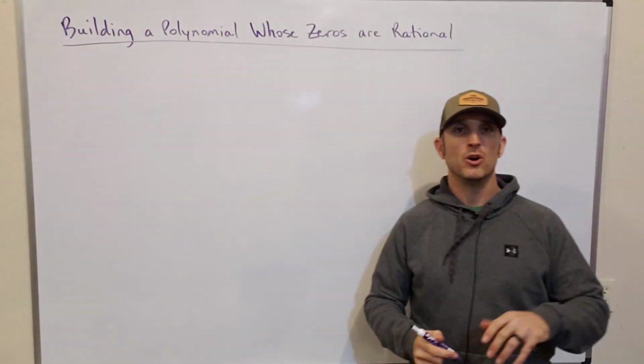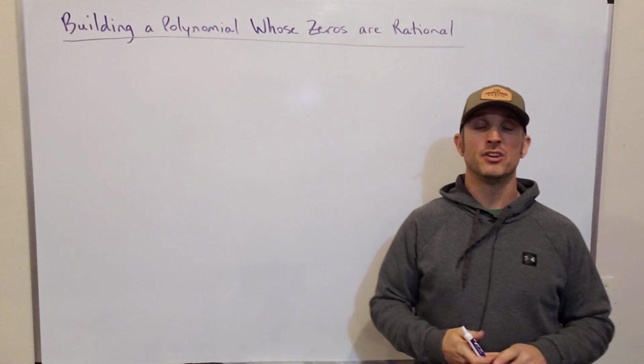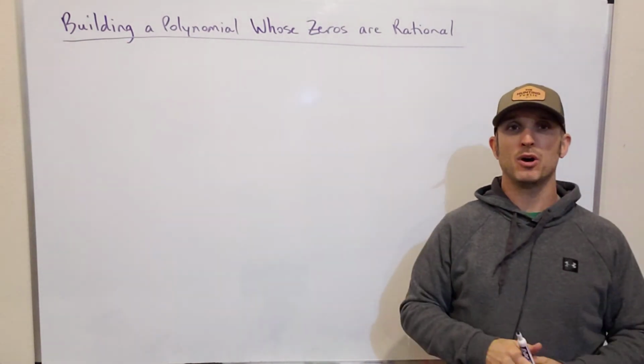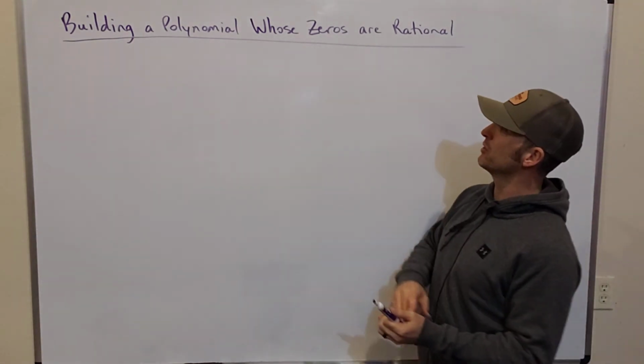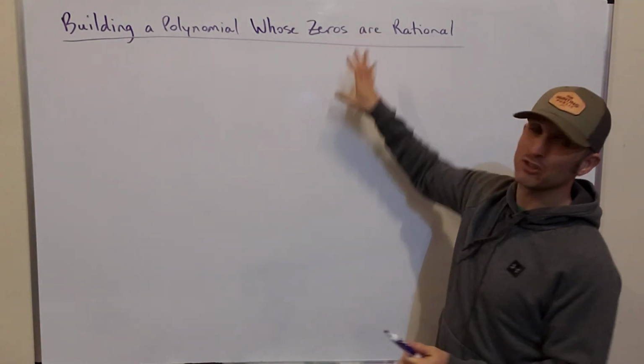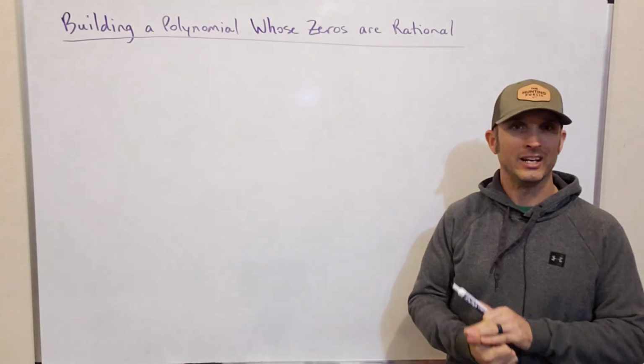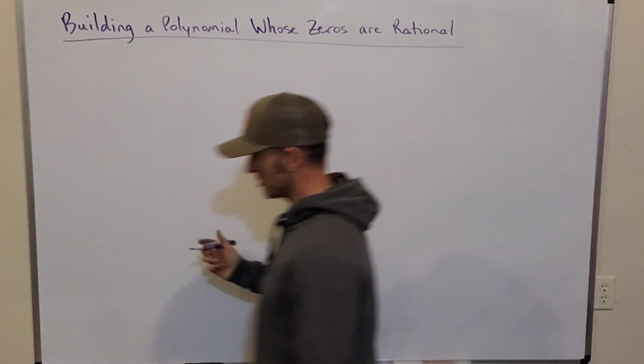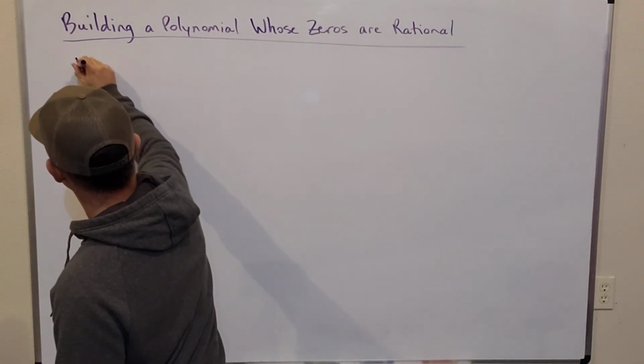Okay, so now that we know about zeros of polynomials, we're going to use them to work backwards and construct a polynomial. And in this video, we're going to focus on polynomials that have rational zeros only. So we're not going to look at irrational zeros or imaginary or complex zeros. So let's get started. Let's determine